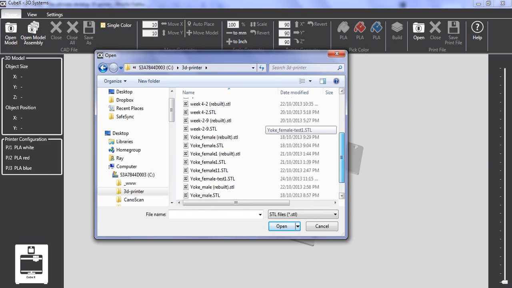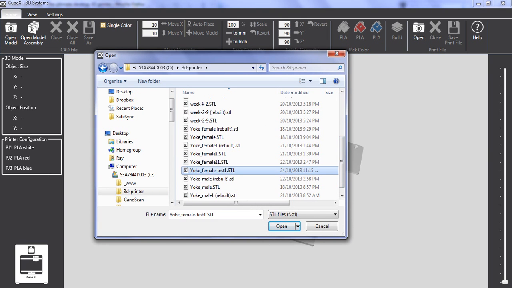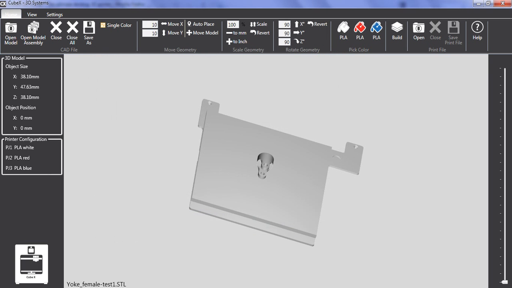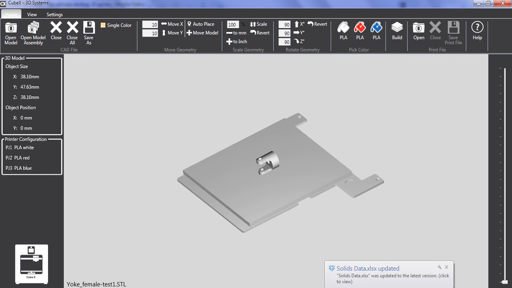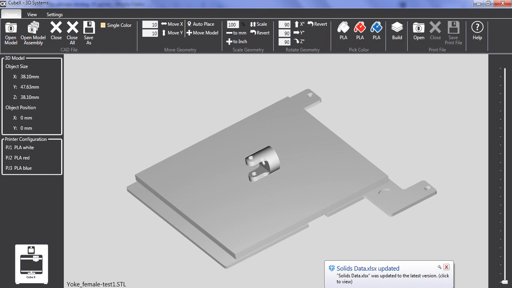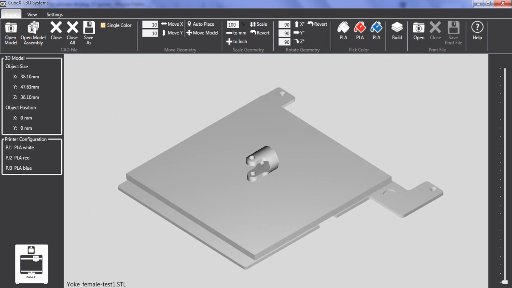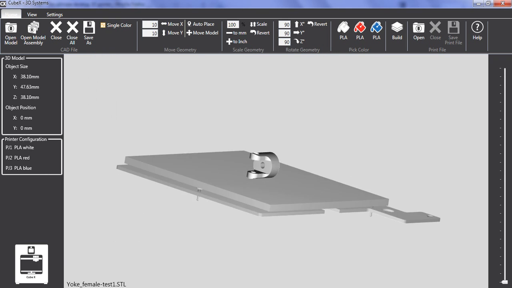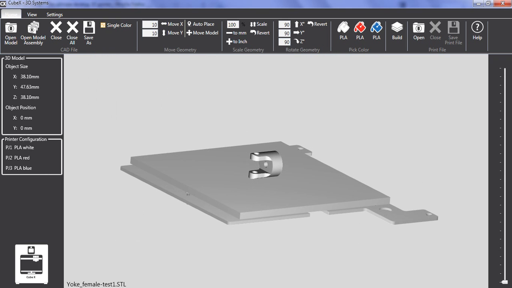I want to bring the model first, so let's go here and I bring here test 1. So you bring it here, and as you can see that it places it in this position. So you should realize that this is not the most feasible and most practical way to print this, obviously. If you really want to do it correctly, you select it here, and then you go and use these rotations. So this would be perhaps a much better way